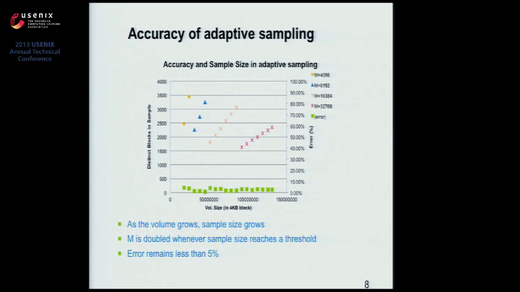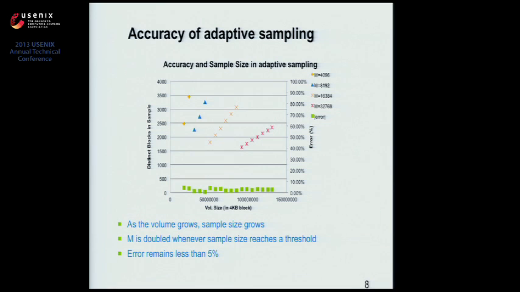This is the more interesting chart. It shows how the error changes. The errors are the green boxes at the bottom, and they are measured on the right axis. The other dots have their values expressed on the left vertical axis. And what this shows is, as a volume is written, the sample size keeps growing as you use a certain